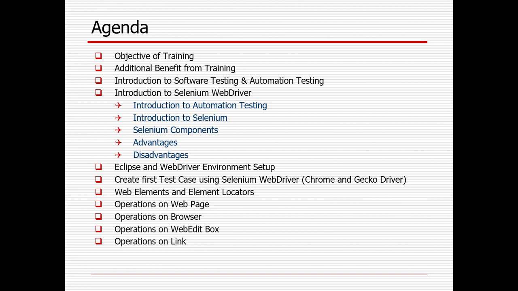Then I will cover basic and advanced Java. I will also cover the TestNG framework, then Maven, and all the frameworks: data-driven framework, keyword-driven framework and hybrid. I will show you how to create a framework from scratch with the help of the page object model, and where you can implement a listener class, as well as Extent Reports, Apache POI and all this stuff. One last topic, covered at the end, is Jenkins: how you can integrate Jenkins with your Eclipse.